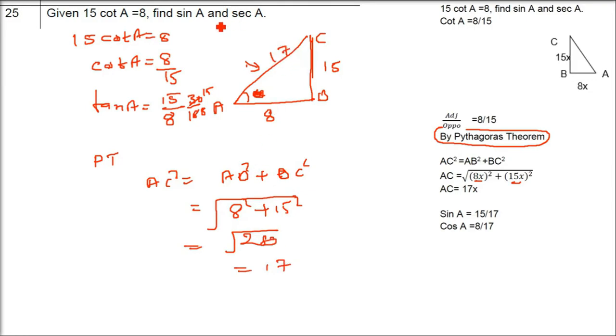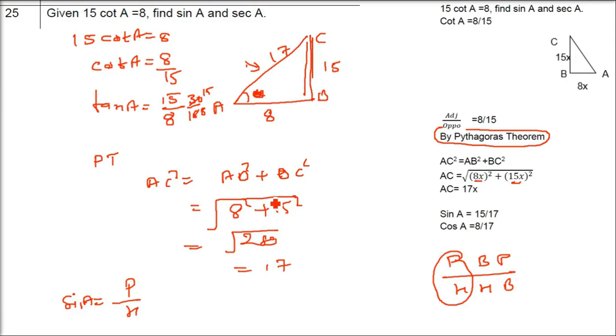So now you have all the three sides of a triangle. You can find out sin A also and sec A also. If you have any problem, just remember Pandit Badri Prasad Har Har Bol. Sin A is what? Perpendicular upon hypotenuse. So take the angle A, take what is perpendicular to it. It's BC. 15 by 17.